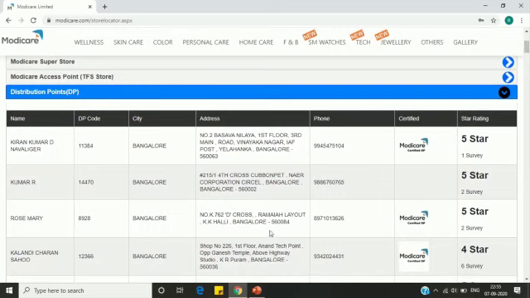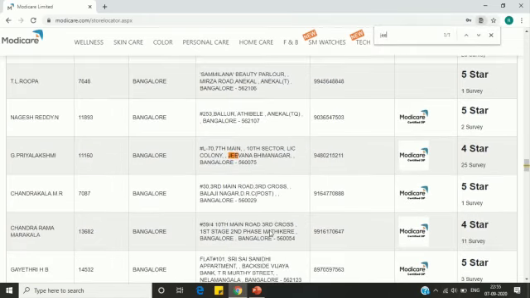Now how do I search for one particular area? Simply press Control F and type the location. For example, G1. If you type G1, you can see G1 Bhimanagar. If you press Enter, you can see multiple locations if available.